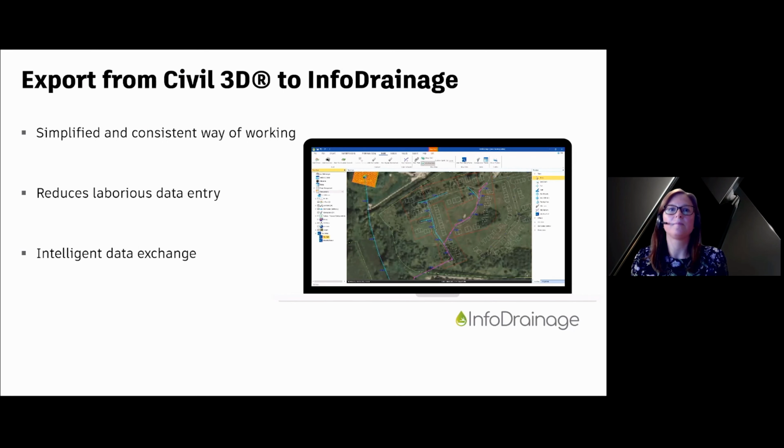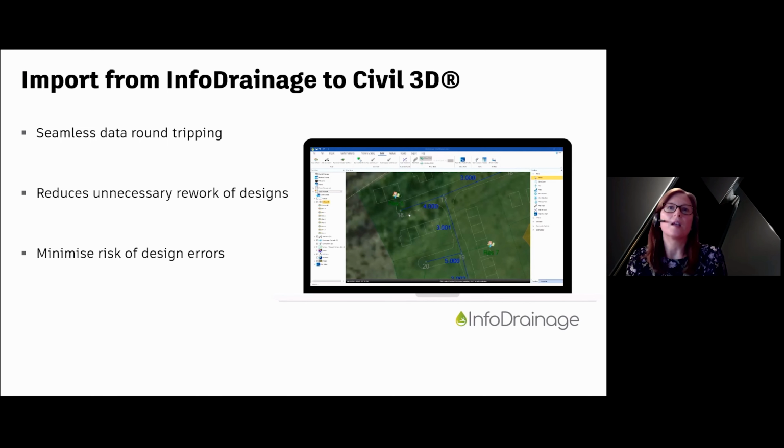And this round tripping of the data gives the engineer greater flexibility in that workflow in terms of exactly which package they make the updates in, and enables those objects to be represented in 3D in a quicker way so that we can comply with the requirements for BIM.